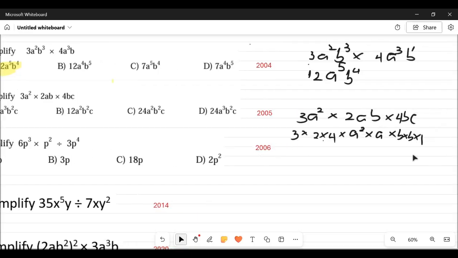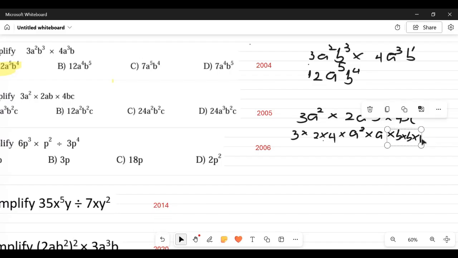Sorry. I don't know why this thing is trying to be stubborn here. Okay, so let me clear all this. It's trying to be stubborn. Okay, so we have times a, it comes to times b,